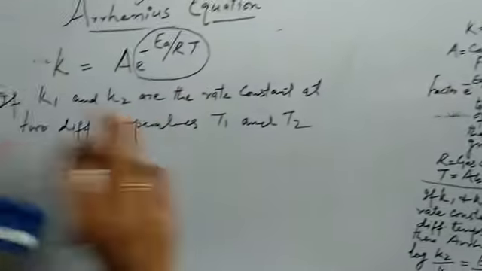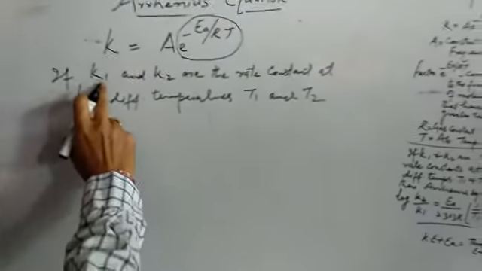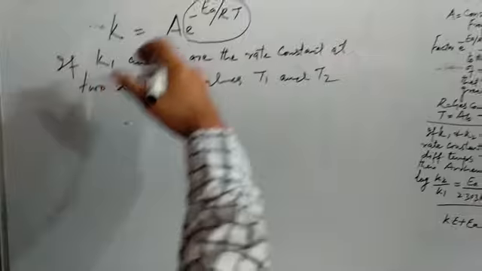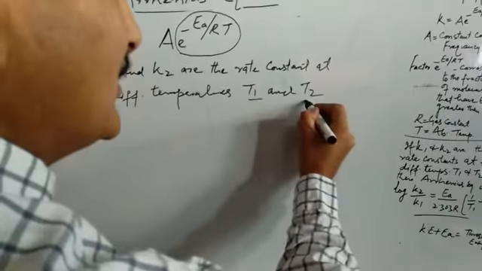If we have this situation, that we have K1 and K2 at two different temperatures, T1 and T2,